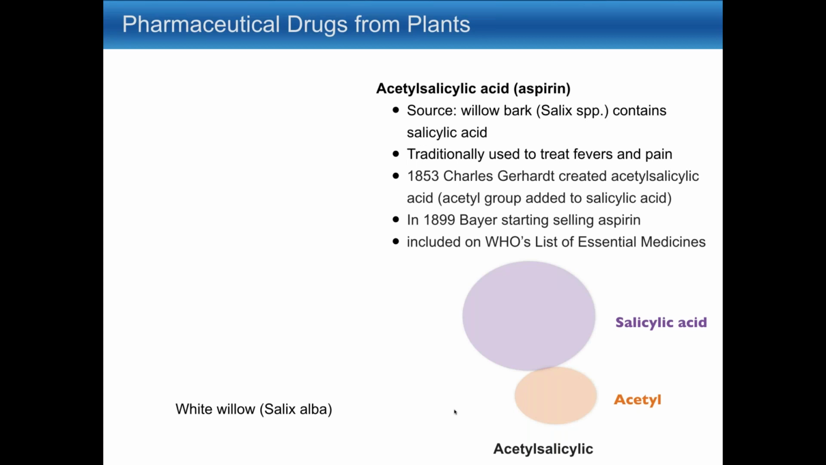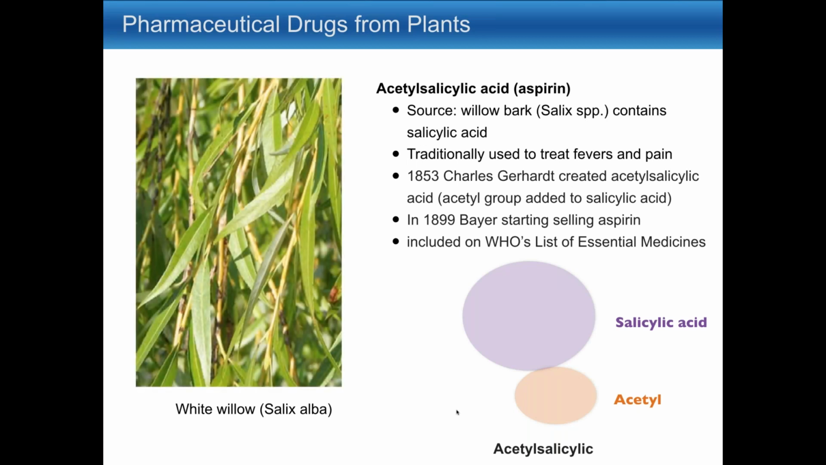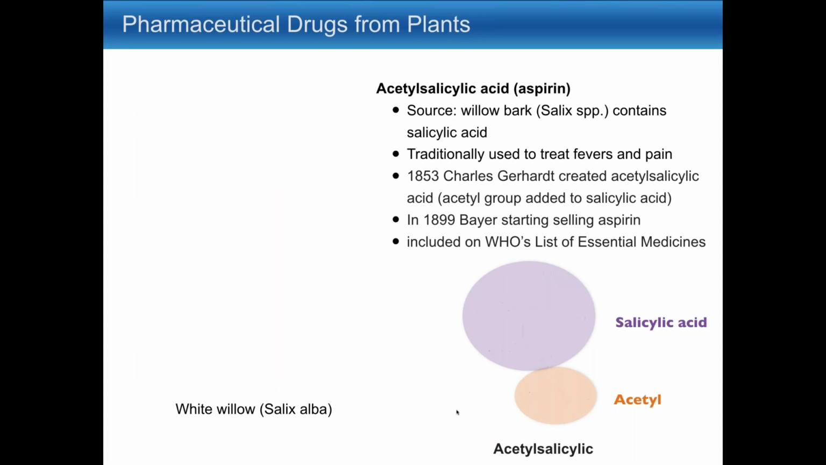When it comes to aspirin, I'm sure everybody's heard of willow bark as being the source of aspirin. That's partially true. Many plants contain a compound called salicylic acid. Even when you're eating fruits and vegetables, there are small amounts of salicylic acid in them. White willow bark was traditionally used